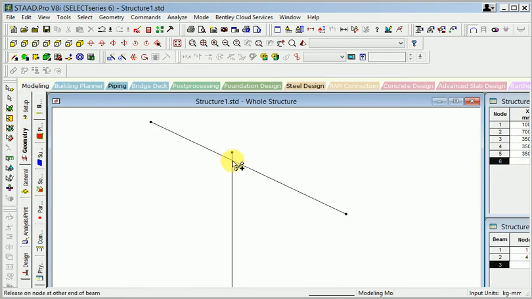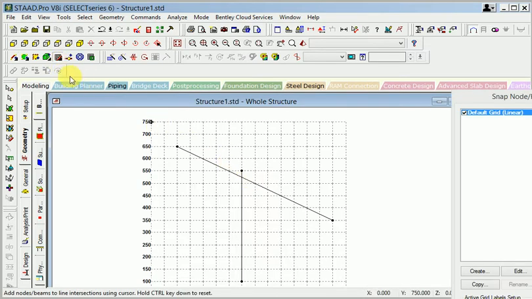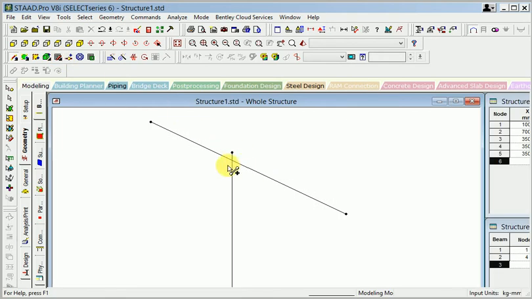So like this is joint here and start from this exit right now.